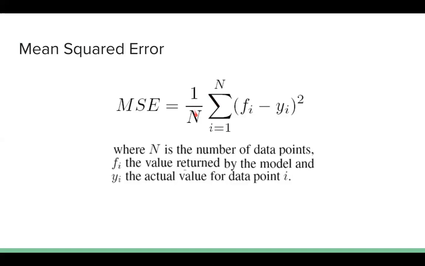It is nothing but 1 by n. N is the number of samples that we have, that means the number of data points. And f(xi) minus yi is nothing but the predicted cost minus the actual cost. Squaring them and summing them up is called the mean squared error. So in linear regression, our objective is to somehow reduce this mean squared error. That is our objective.